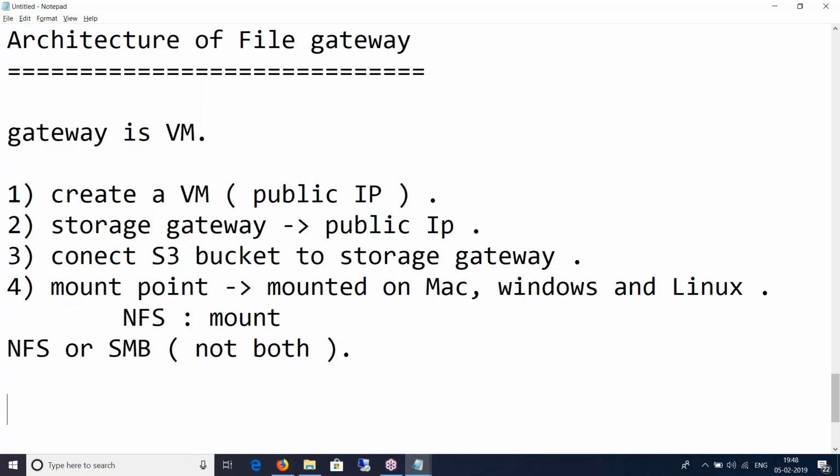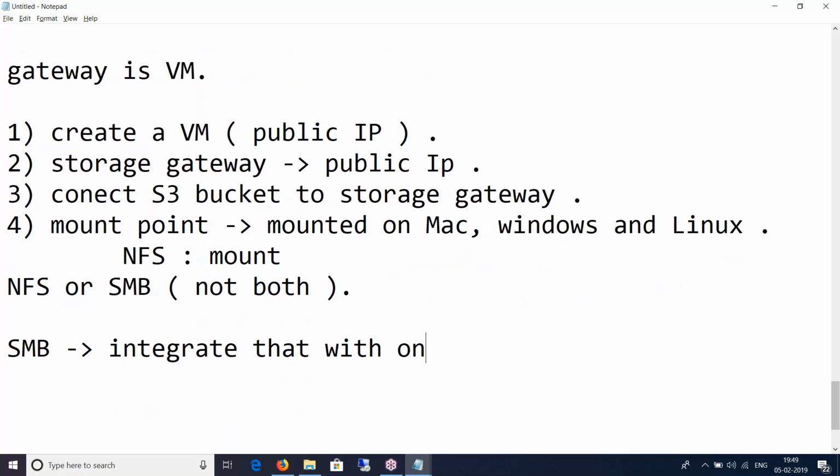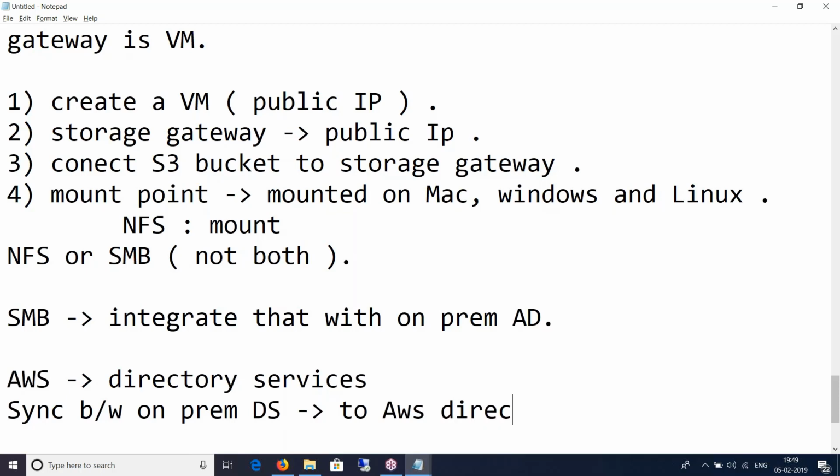So here's what people usually do. People will use SMB and then integrate that with Active Directory, meaning the on-prem Active Directory. In AWS, there's a specific component called AWS Directory Services. So there is a way you can sync between on-prem directory services or Active Directory and AWS Directory Services.